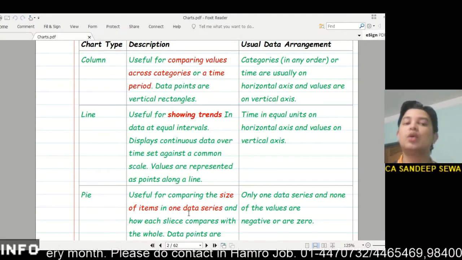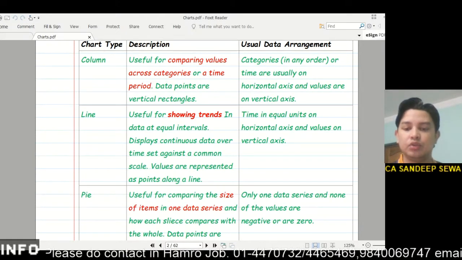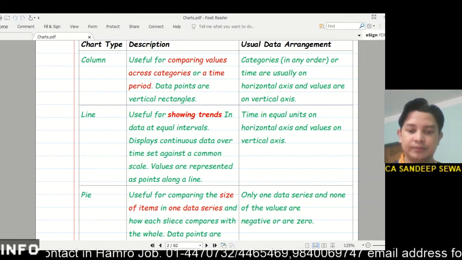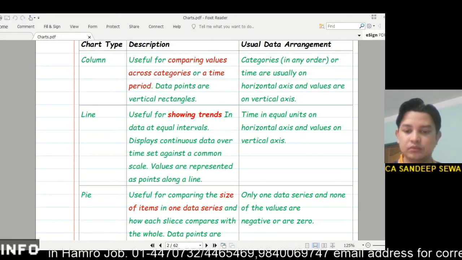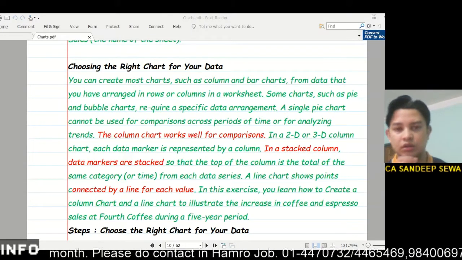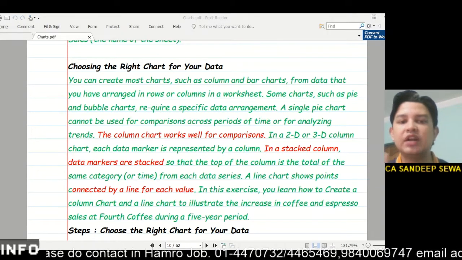No. So I have to select a column chart for that. You have to understand this part very carefully. So from this I want to clarify one thing: choosing the right chart for your data.